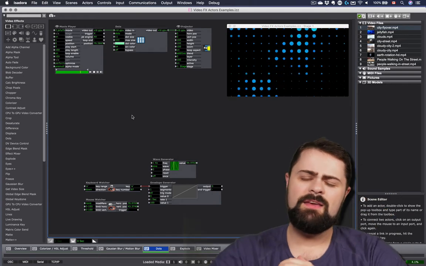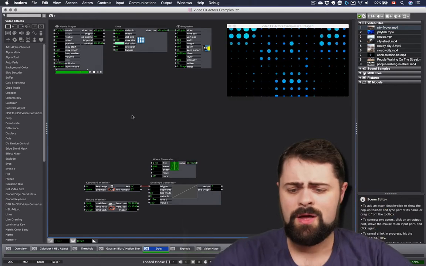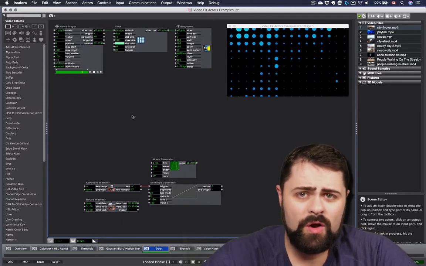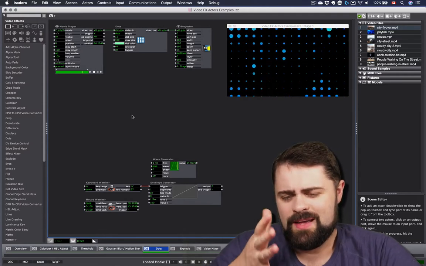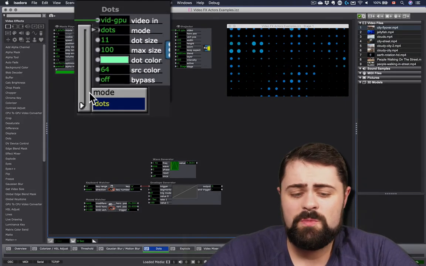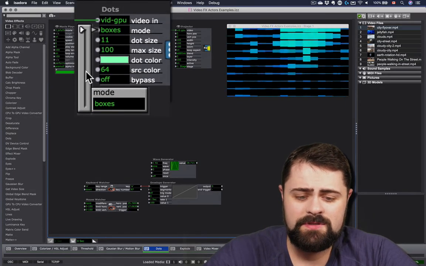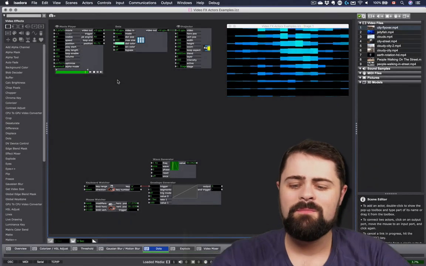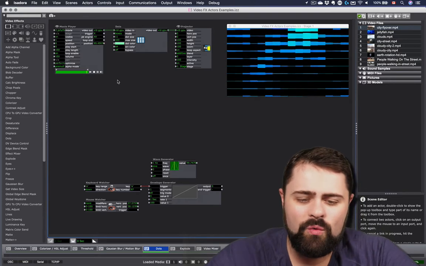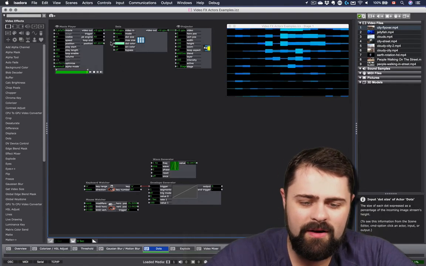And you can see that even though I'm playing this video of the jellyfish, by now it's almost unrecognizable as what it was originally, although we've got something interesting nonetheless happening here. The dots can also be shifted into different shapes, the boxes as well, and I love using the dots actor to create a really environmental sort of effect.